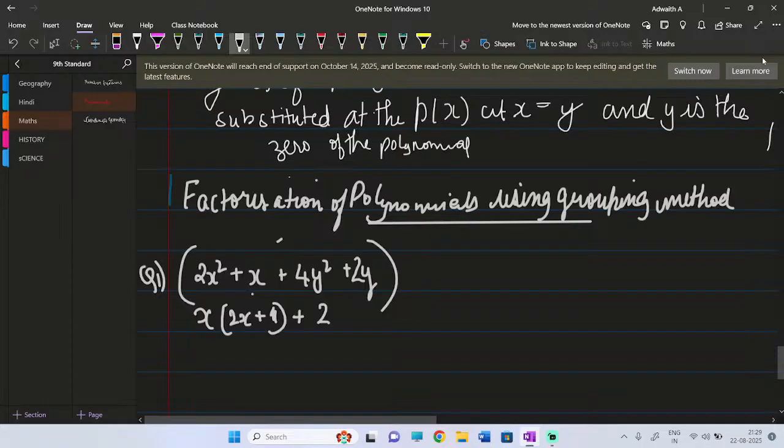You can take 2y common, right? Can't we take 2y common? Here we can take this 2 here, you can take. So